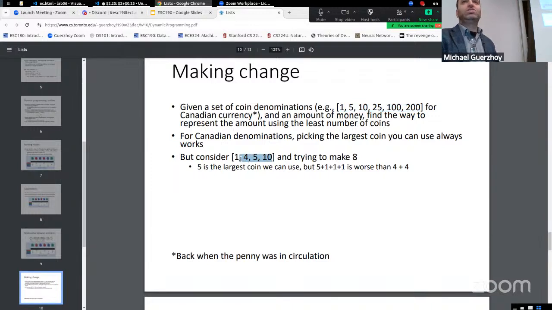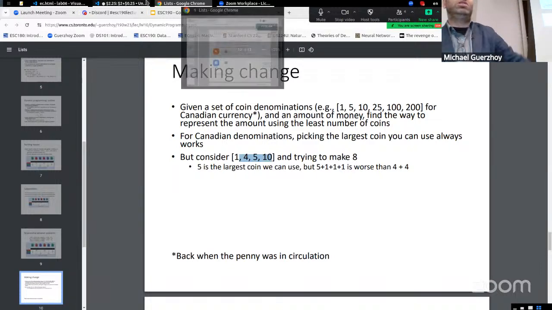Historically, around here, they had the Spanish dollar circulating together with British coins and stuff, and the exchange rates were weird. So it was a real problem. If you think about pirates, they had doubloons and stuff, so also weird exchange rates. Okay. So that's the problem. So formally, the problem is